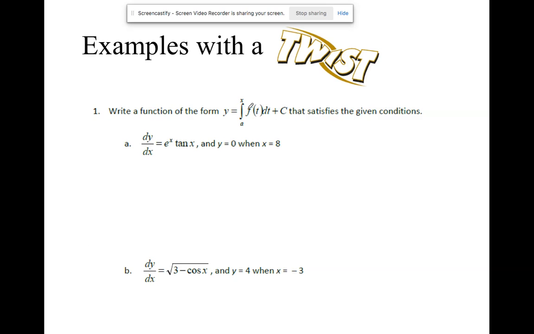Write a function in the form accumulator plus some constant. C is a constant that satisfies the given condition. The derivative of y is this. Okay, so here's y. Y is an accumulator. The derivative of y is e to the x tangent x. And they want me to write a function in the form. They want my equation to be an accumulator. So I'm going to write y is equal to